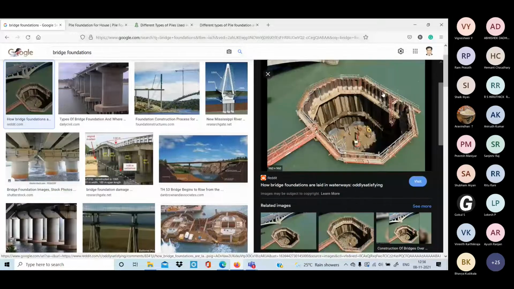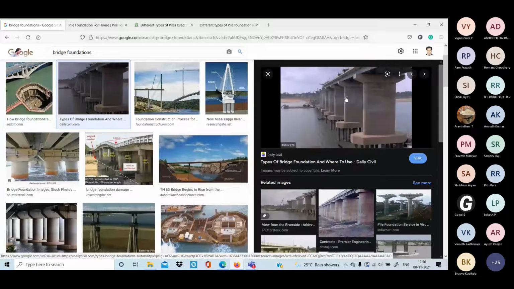pour concrete. Once the concrete is filled, nothing is going to change, because if you have hardened concrete, this water won't affect it. Once the concrete becomes hardened, that's all. For years you will be safe. So below that is all pile foundation, and over that is the cap, called the pile cap, and over that one more pile foundation or D-shaped pile foundation over the bridges.